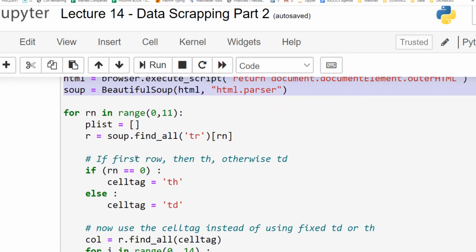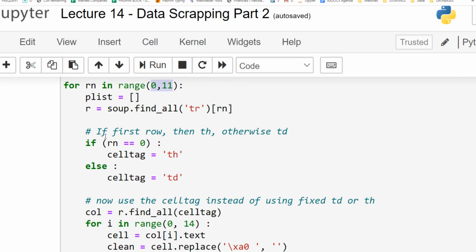So let's go to the same loop again. We created an empty Python list, extracted all the TRs, that is table rows. So the loop starts from 0 up to 11. And so table row at 0, table row at 1, 2, 3, it will go up to 11.